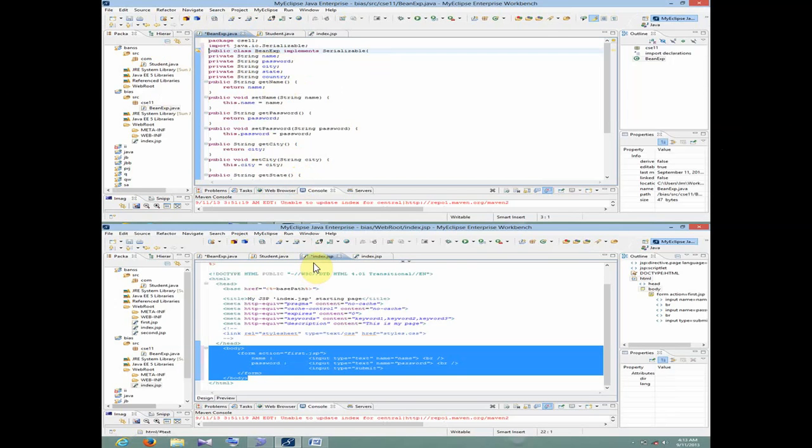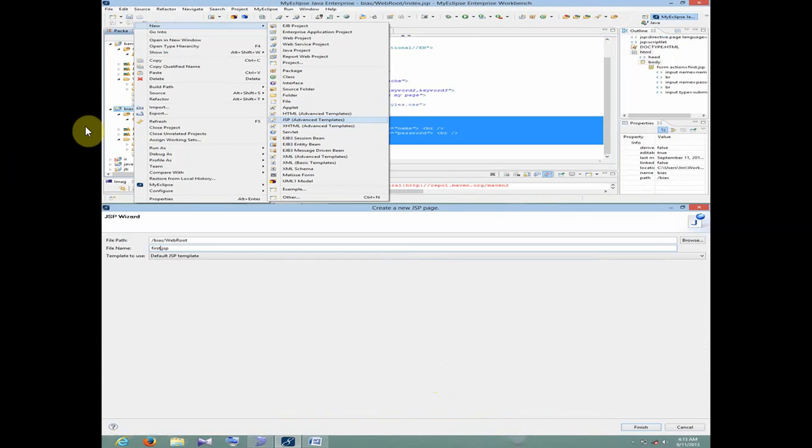Now we will write the index.jsp. So हम index.jsp पे आएंगे. This is index.jsp, and when we select index.jsp, it will open the window of index.jsp, and inside this we will write the code of index.jsp. So it has name and password as two text boxes. The first text box is name, and the second text box is password. So these are two text boxes, and then we will start the JSP program again.